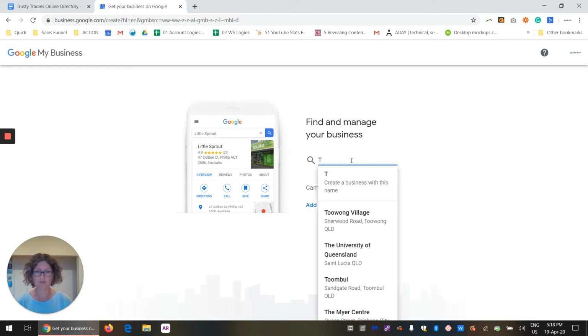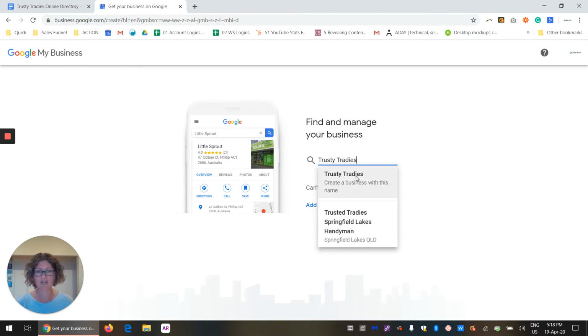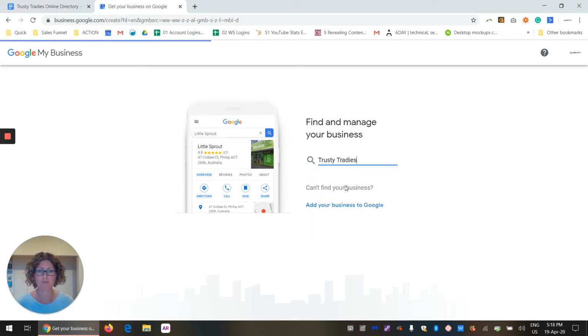So all you need to do is go through and fill in the fields. What this is going to actually do is check to see if there are any other businesses with the same name. So if along the way you have either created your listing and forgotten it, or you've had somebody create a listing for you and you were not aware of it, this will do a cross-reference to see if there's another business on the system that already has it. In which case it will give you the option of trying to add this to your account. Ideally, if you haven't already got a listing, then you want to click on this top one, create a business with this name,